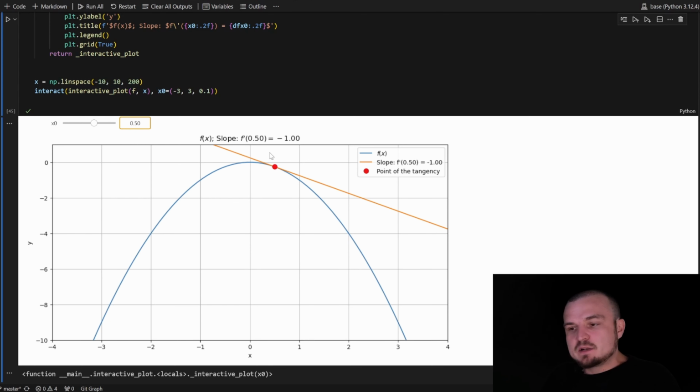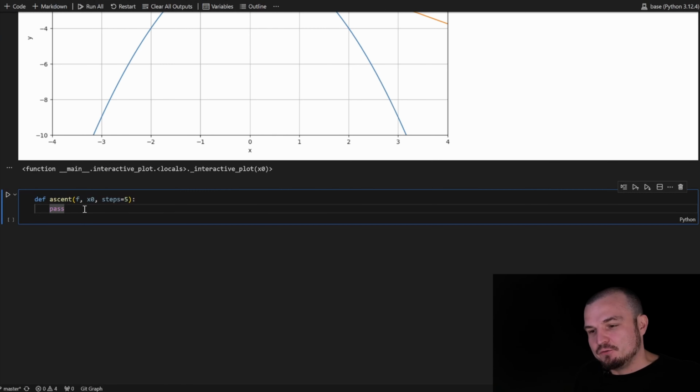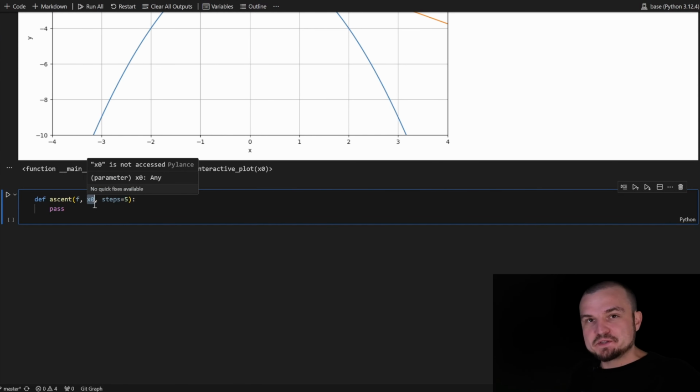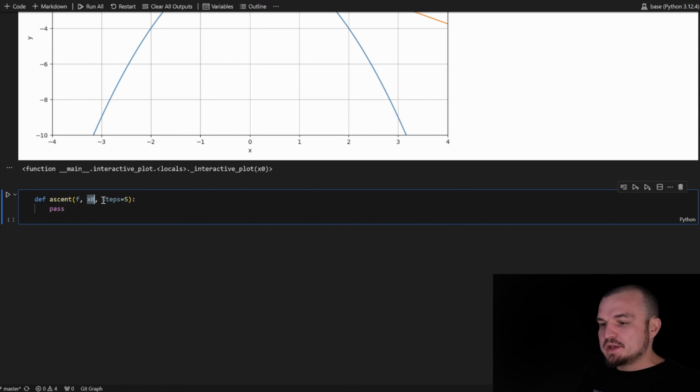So I believe that we can program this behavior. Let's make an algorithm that just based on the slope, makes one step in the direction of the steepest ascent of our function. Let's build an ascent function. And we have a bunch of arguments, f, x0 as the starting point, and steps.